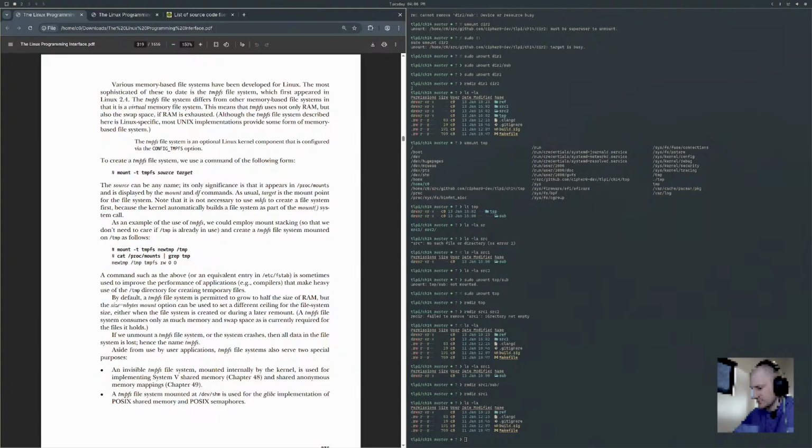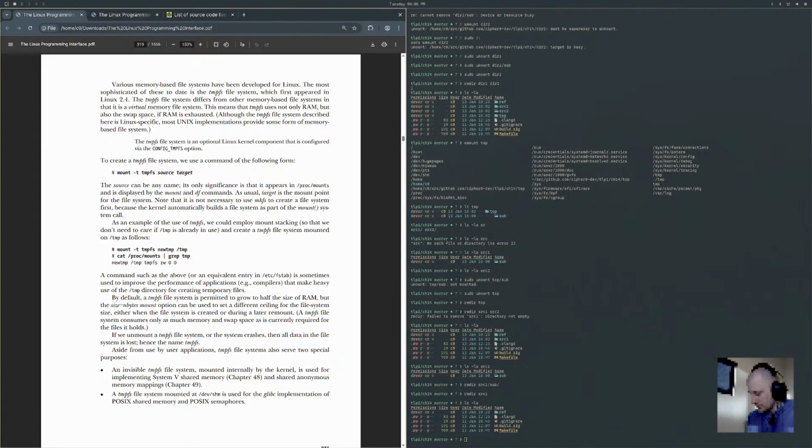The tmpfs file system is an optional Linux kernel component that is configured via the CONFIG_TMPFS option. To create a tmpfs file system, we use a command of the following form: mount -t tmpfs source target. The source can be any name. Its only significance is that it appears in /proc/mounts and is displayed by the mount and df commands.